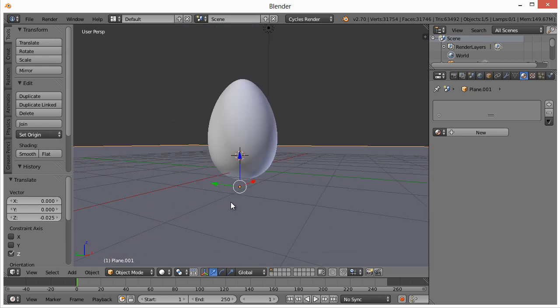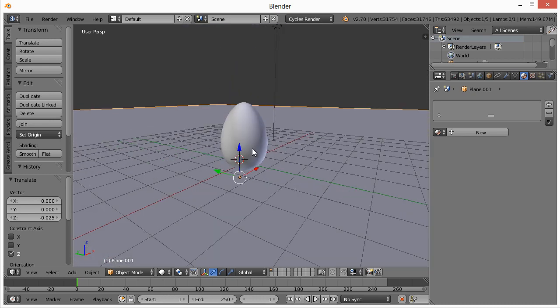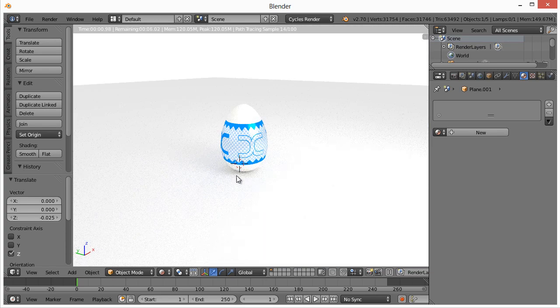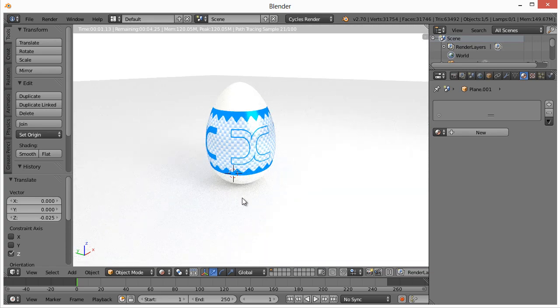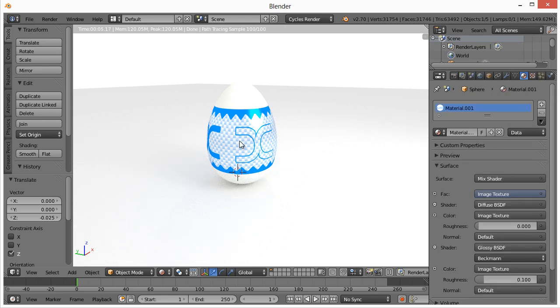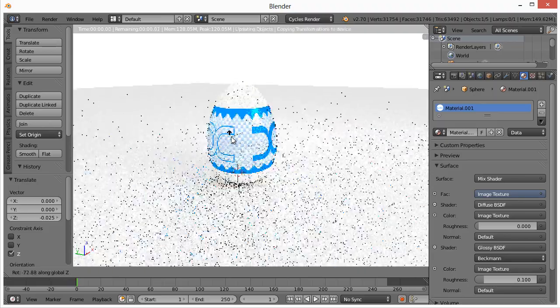There. All right, so now it's sitting right on there. And if we go back to render, we'll see now we have some nice realistic shadows coming off there. And if we want to rotate this, right click on it. Now when you're in render mode, it doesn't really show you what you clicked on, but we know we clicked on it because it shows us our materials over here. RZ, and then now we can just rotate this